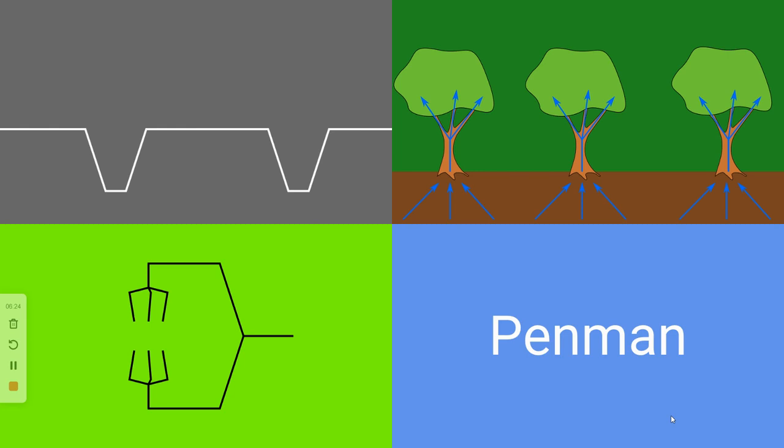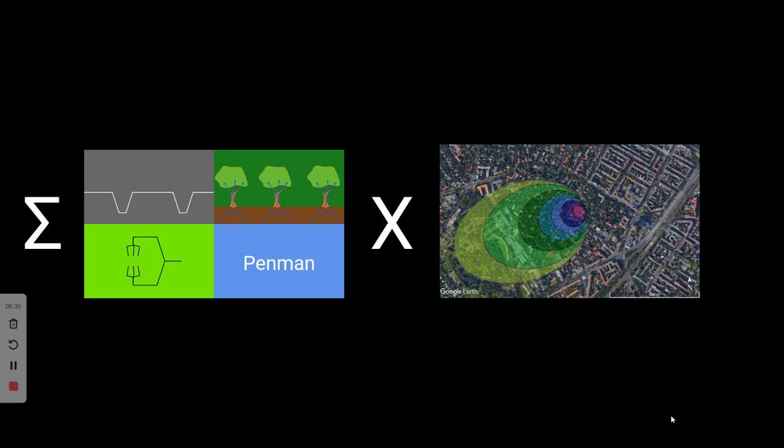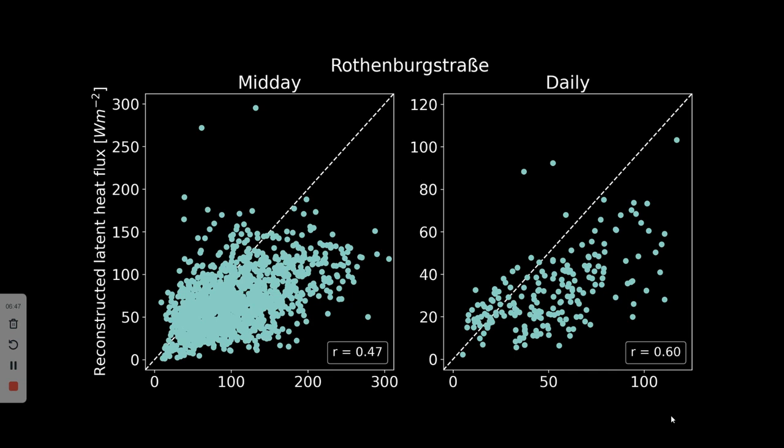So, all in all, we've got a very simple conceptual model for our impervious area, some combination of observations on trees, eddy-covariance, and Penman. And what we then can do is, if we use those four surface cover types and their dynamics, and we sum them weighted by their contribution to the footprint, we should be getting that eddy-covariance signal we're after. And if you look at that for Rosenbroekstrasse, so we've got the reconstructed versus the observed,